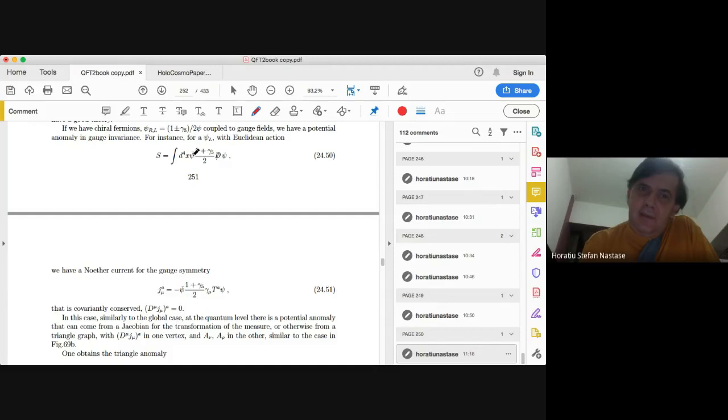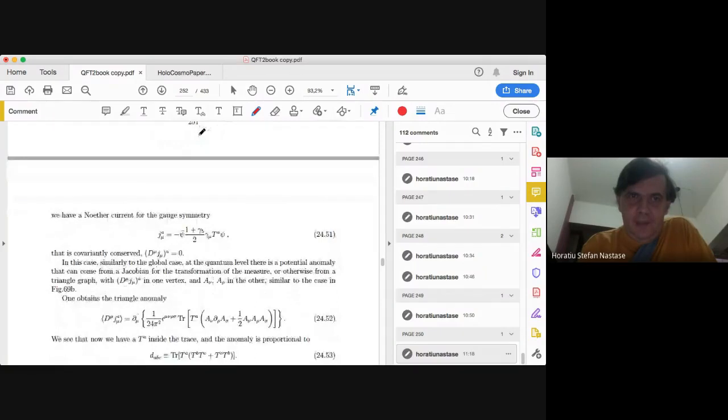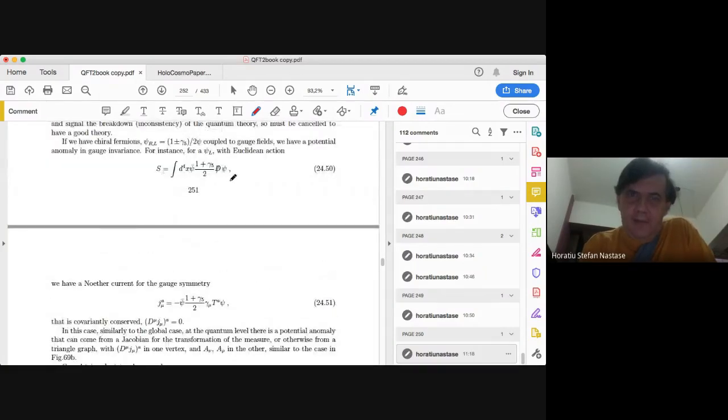So this projector acting on the left, for instance, will imply that I can use it or replace it with one projector only, that means with psi itself, psi left itself. So if I have this action, which is an action for left chiral fermions,